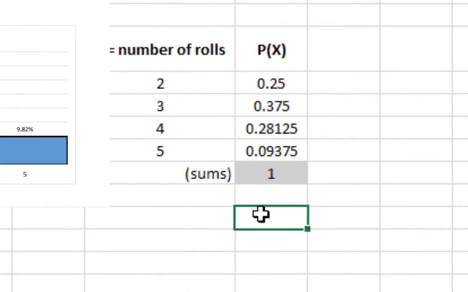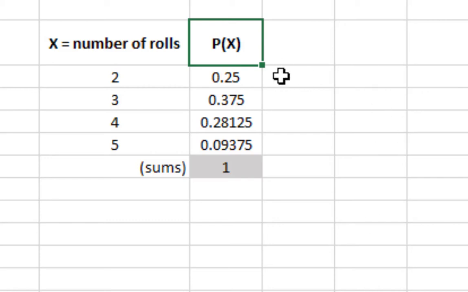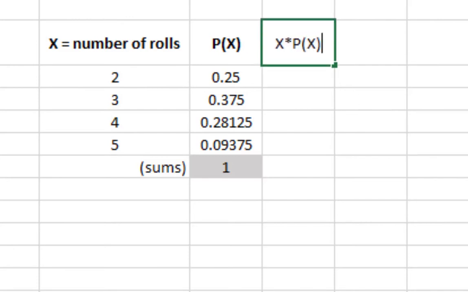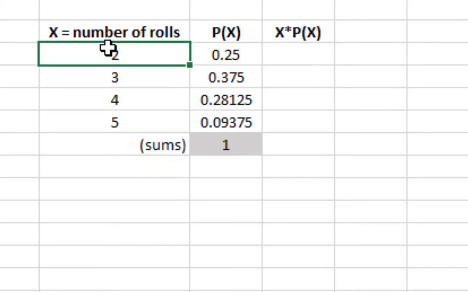Now, you may have noticed something, and I've been talking about this for a couple days: these probability distributions look like grouped data from the statistics world that we looked at before, which is exactly what they are. Instead of this column being frequencies, it's probabilities, so we can treat it mathematically like we did with frequencies. All we've got to do is create another column, which is let's take all the probabilities and multiply them by their data points. So x times p of x.